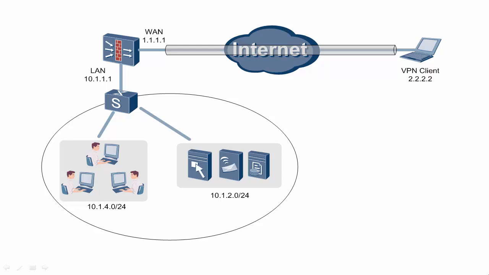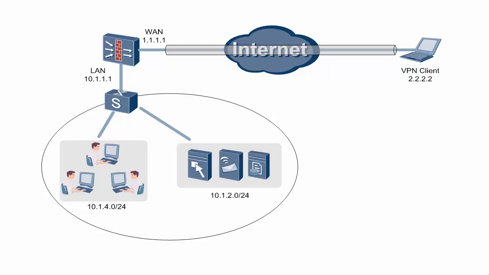First, let's look at the network topology. The firewall is connected to the internet through the WAN interface, and to the intranet through the LAN interface. There are two internet segments. Employees on the move or working at home set up SSL VPN connections to the WAN interface of the firewall